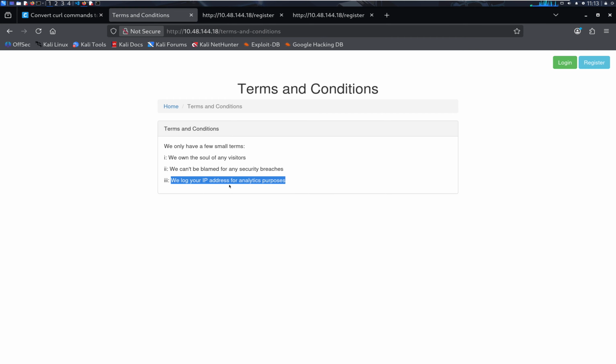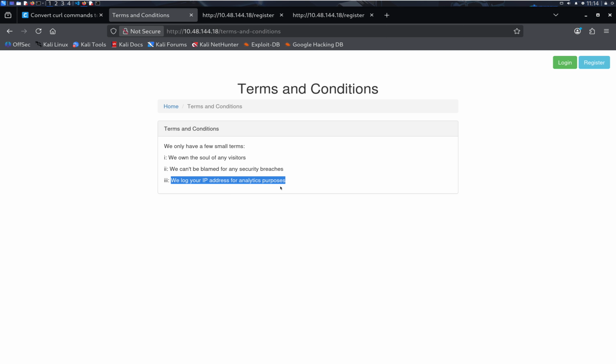As you can see over here, we log your IP address for analytics purposes. So the server logs our IP address for analytics purposes, and usually